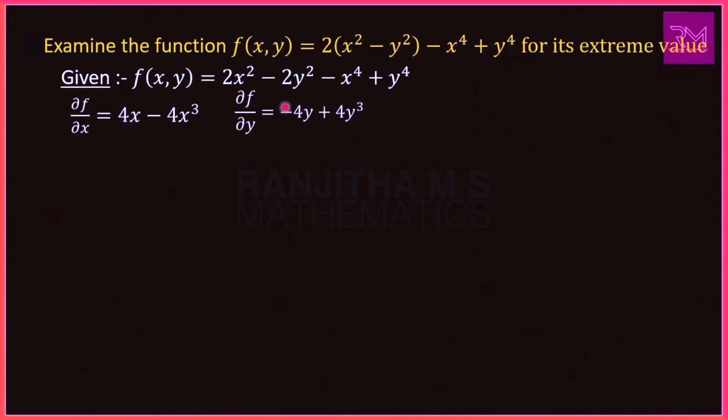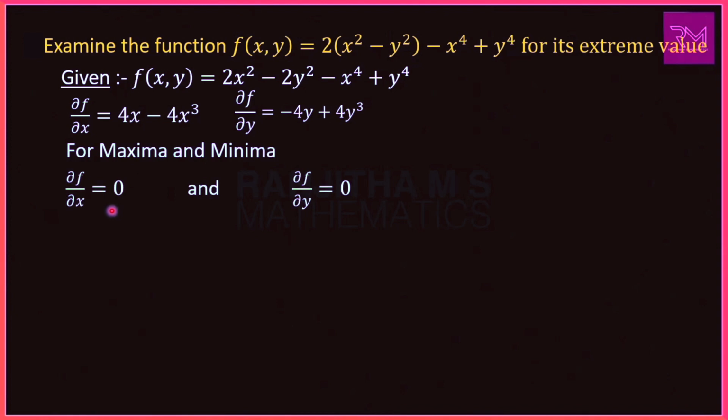After finding ∂f/∂x and ∂f/∂y, to find maxima and minima, we have to equate these two terms to 0. That is, ∂f/∂x = 4x − 4x³ = 0, and ∂f/∂y = −4y + 4y³ = 0. Next we can take